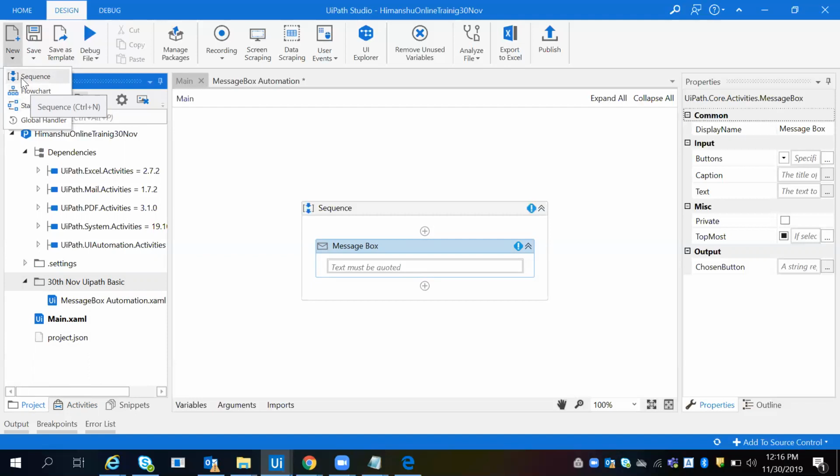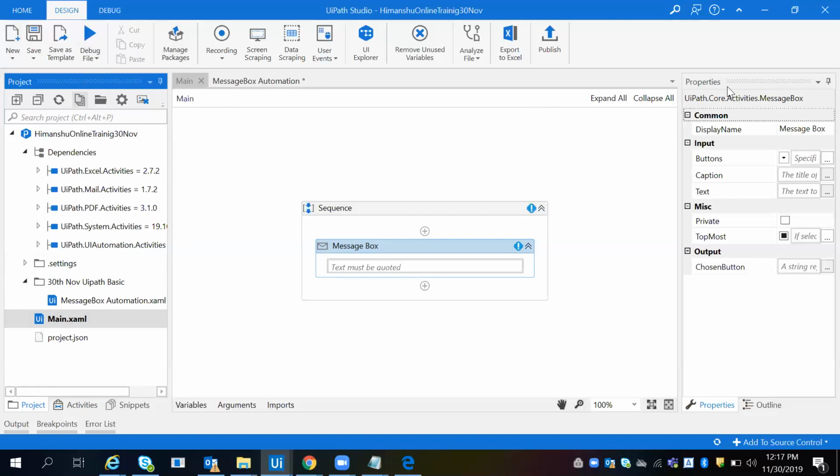Technically, in UiPath, this main.xml file is a subprocess, but in UiPath it's really called a workflow. In interviews across the world, they will ask what type of workflow you have used. The workflow type is either sequence, flowchart, or state machine, and the extension is .xml. This is your project panel, workflow design panel, and properties panel.